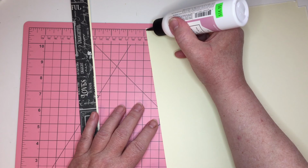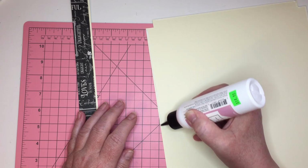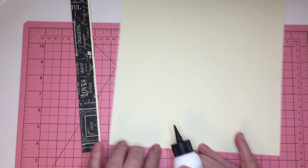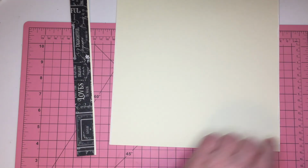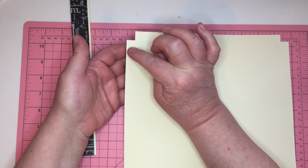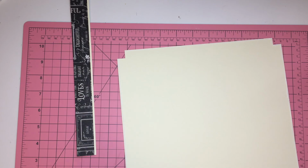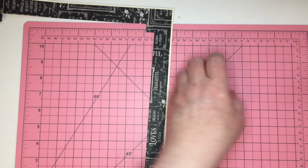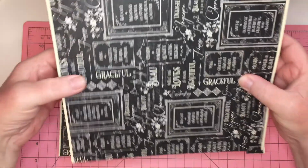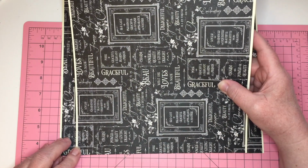I'm not going to worry with the corner. You don't need any glue on this inside edge, the center edge. If you end up getting a big blob of glue that you're worried a little bit about, you can just take your finger and take most of it off. Okay, so now I always line it up with the center edge of the layout. You want to make sure